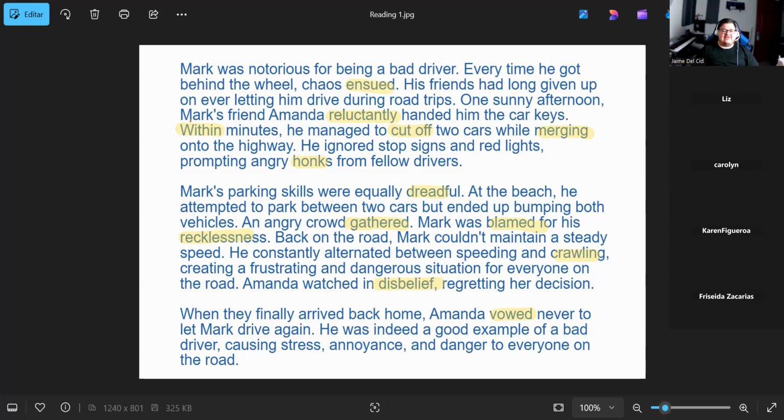And recklessness es como alguien reckless es alguien descuidado, pero también es alguien como que a propósito tal vez hace alguna imprudencia. That's recklessness, okay? So speeding and crawling, these are two terms that we use in driving when we're talking about